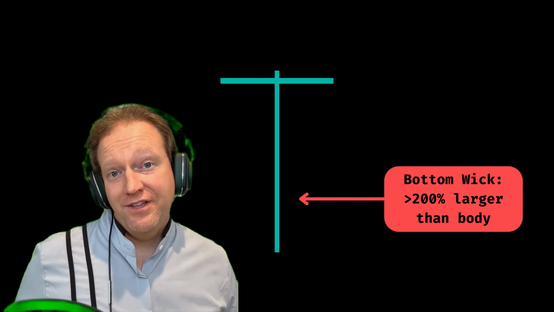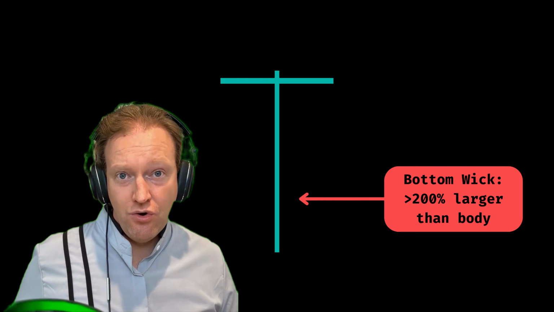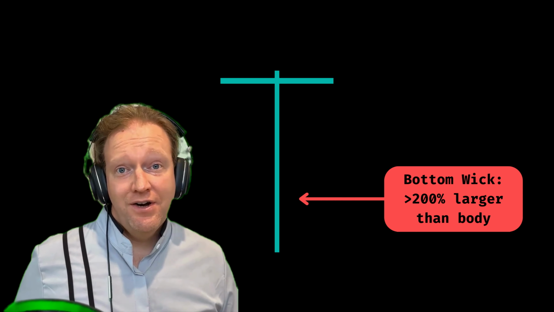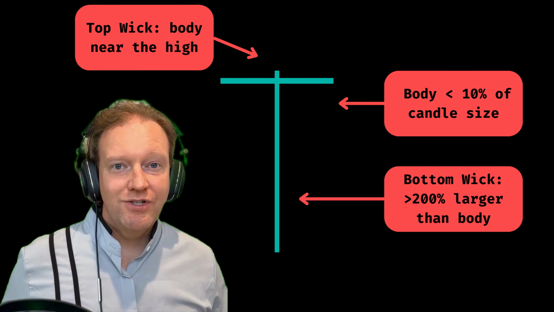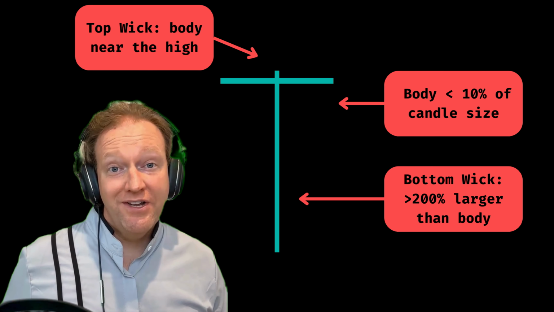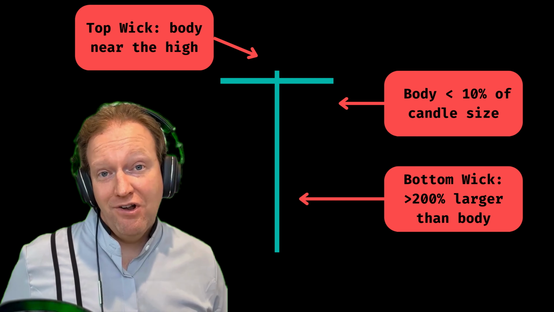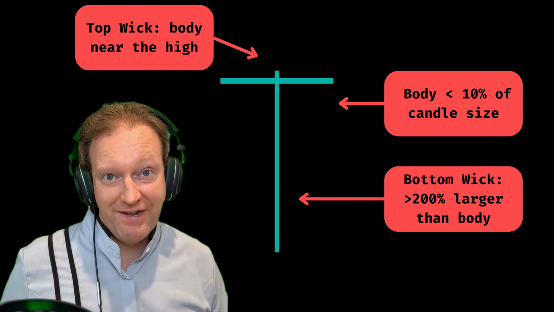Then we calculate the lower wick and make sure that it's at least 200% the size of the candlestick body. Once these three conditions are met, we label it a Dragonfly Doji Candlestick pattern and apply it to the entirety of the TradeOxy platform. The theory behind the Dragonfly Doji Candlestick pattern is that it identifies that the market is